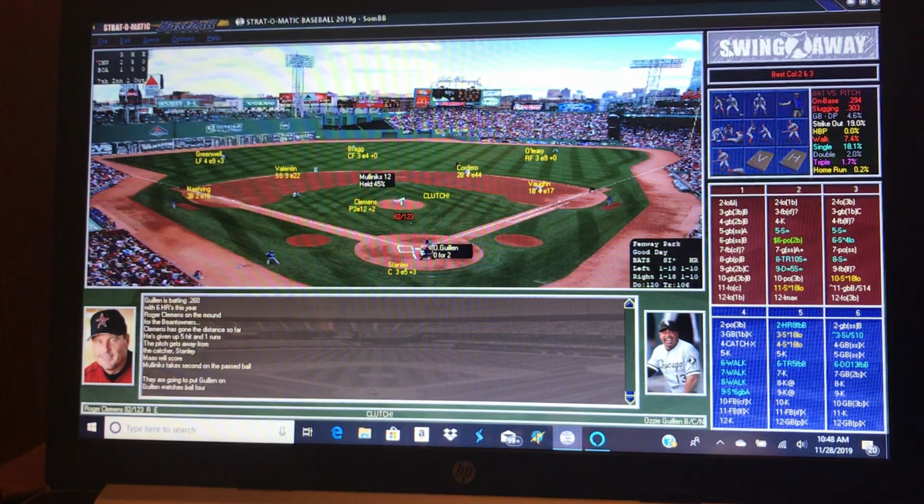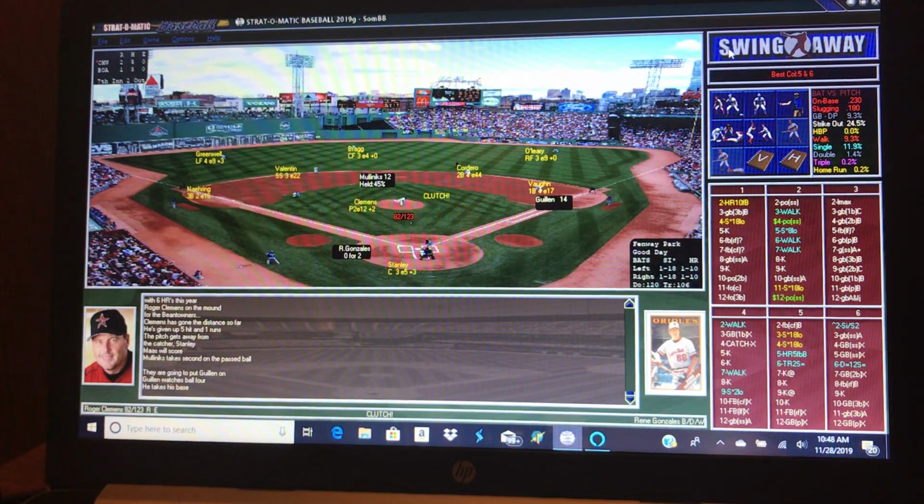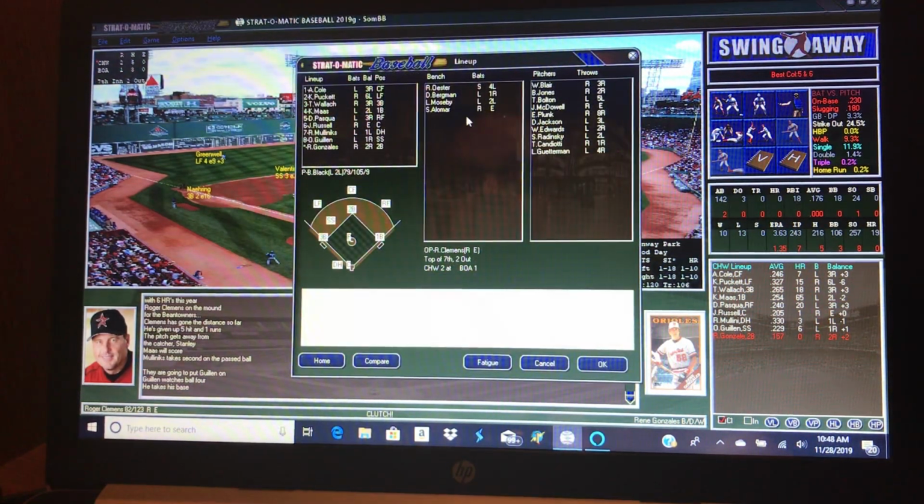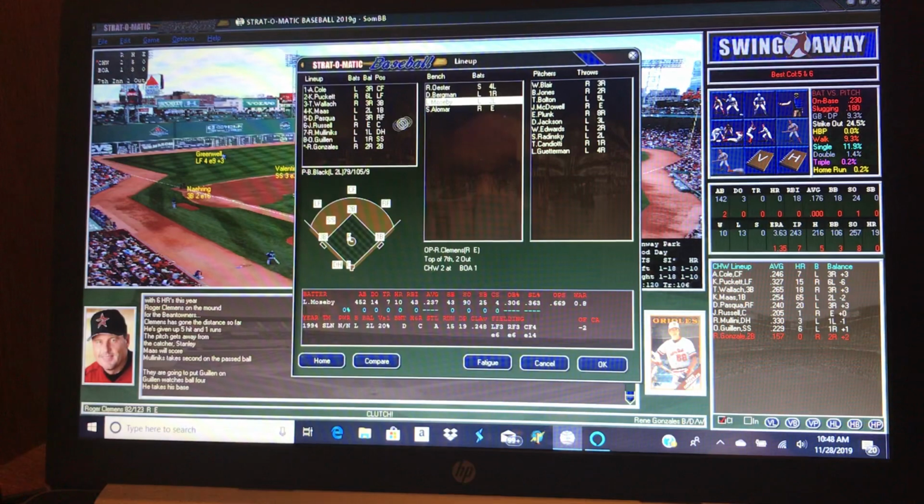Well, I'll take that. And now they walk him to get to Gonzalez, but I am going to pinch hit for Gonzalez, which I really shouldn't do because he's my defensive second baseman, but I think I'm still going to go ahead and do that. Roger Clemens is a righty. Let's put in Mosby to pinch hit.